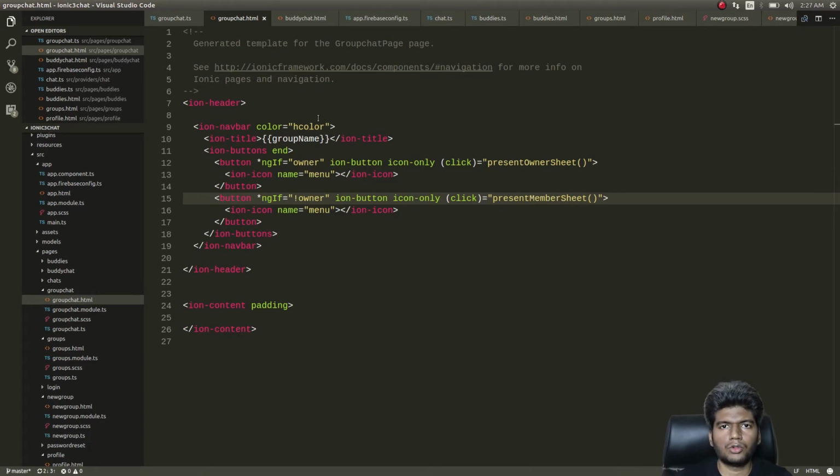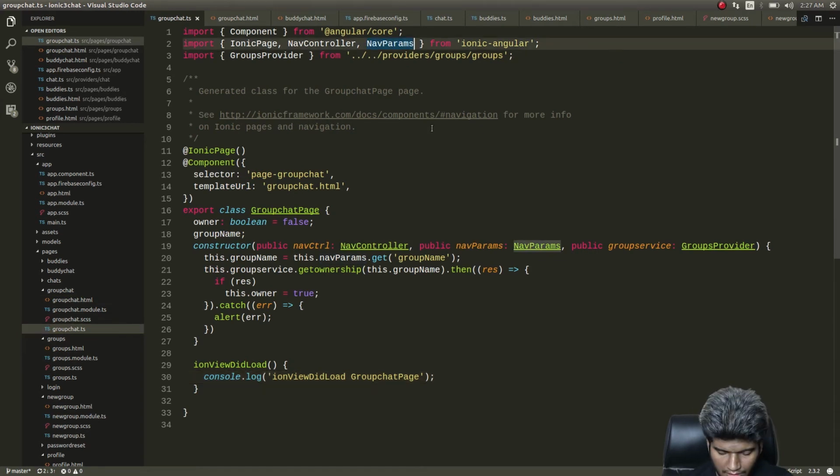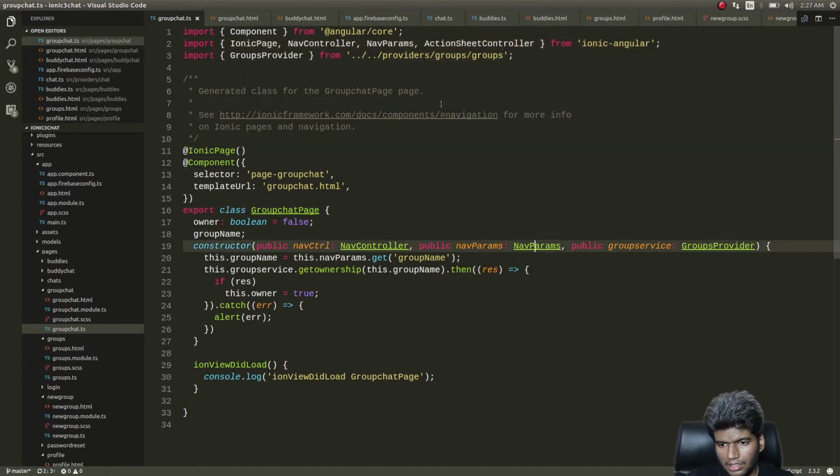You guys get what I'm doing here, right? I simply added a button at the top right corner that will trigger an action sheet, and if it's an owner, it will trigger a different action sheet. If it's a member, it will trigger a different action sheet. That's all I'm doing here, right, guys? So I'll get in here and then add the action sheet controller,